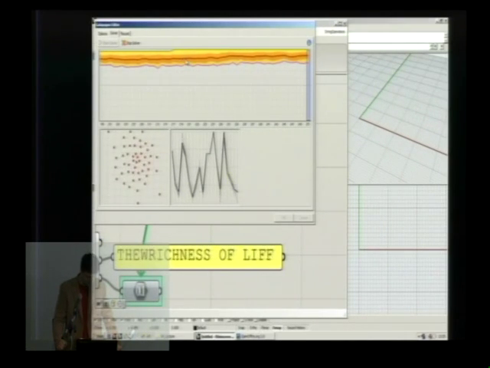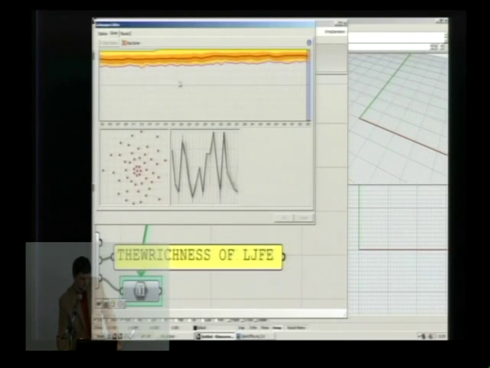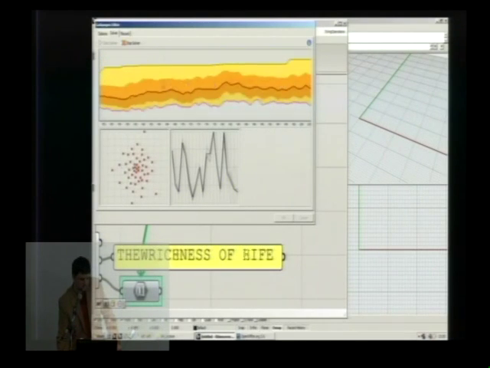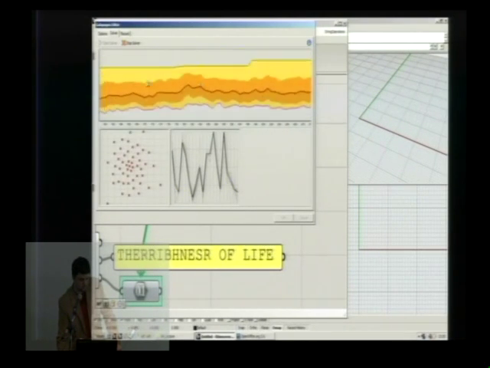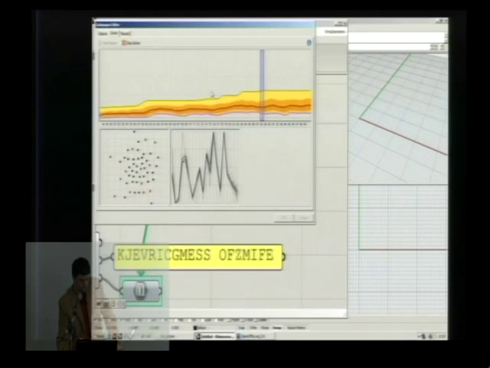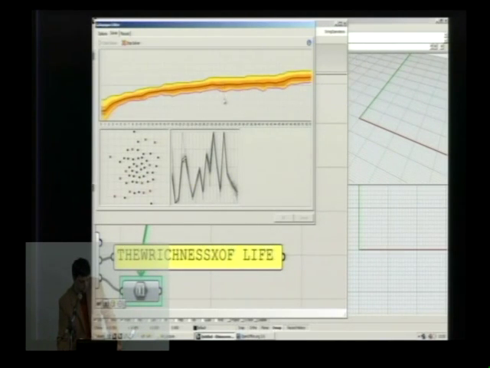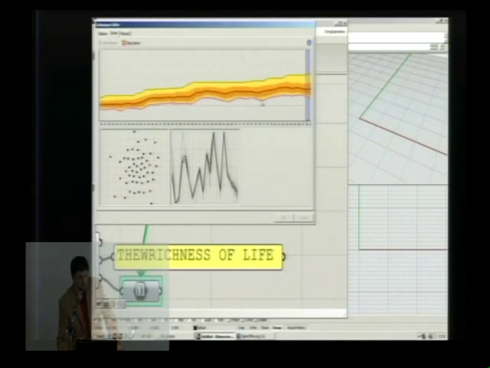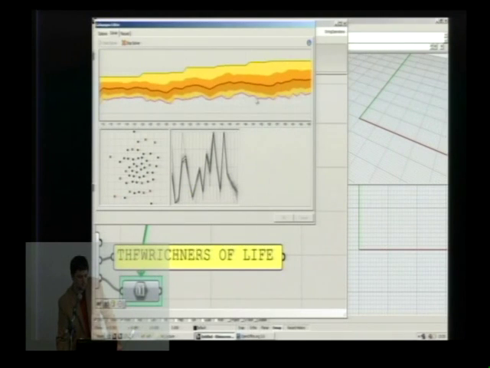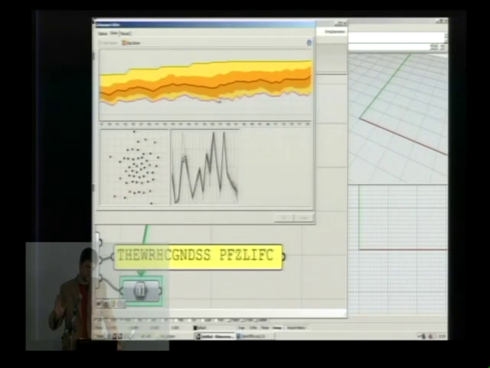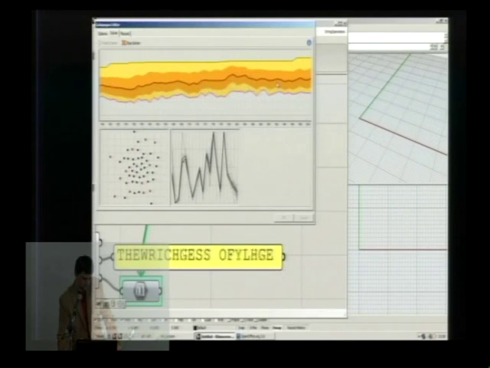Good heavens, 250. If I scale here, you'll see that from the start it went up, and slowly went up, and went up, and went up. So it didn't really go through that flattening out bit, because there are so many genes, so many possible ways for this to change.